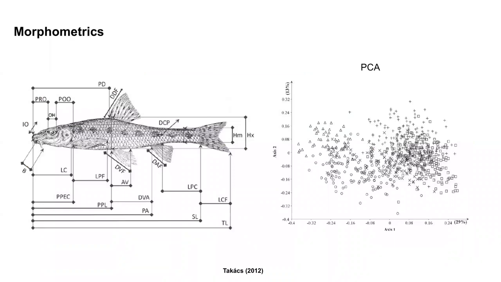Another form of morphological data is morphometrics. This could either be linear measurements or even geometric morphometrics. So you collect a bunch of morphometric data, just continuous variables, and you put it into principal components analysis, and then you plot it, right? And this sort of method can also be used in any other data that can be expressed as numbers, like bioclimatic variables or even behavior, anything that can be expressed as numbers. So this is a very simple way of assessing morphological variation within a particular group of organisms to assess if there's any significant variation.